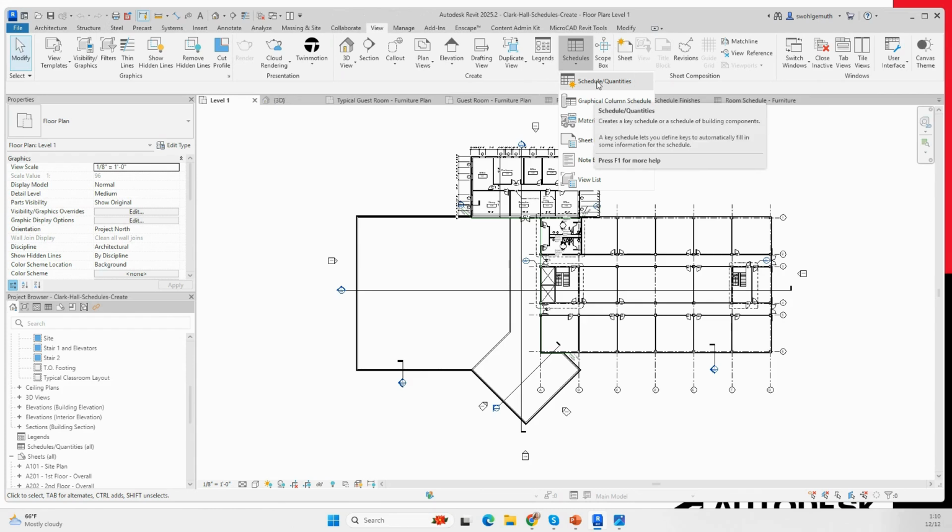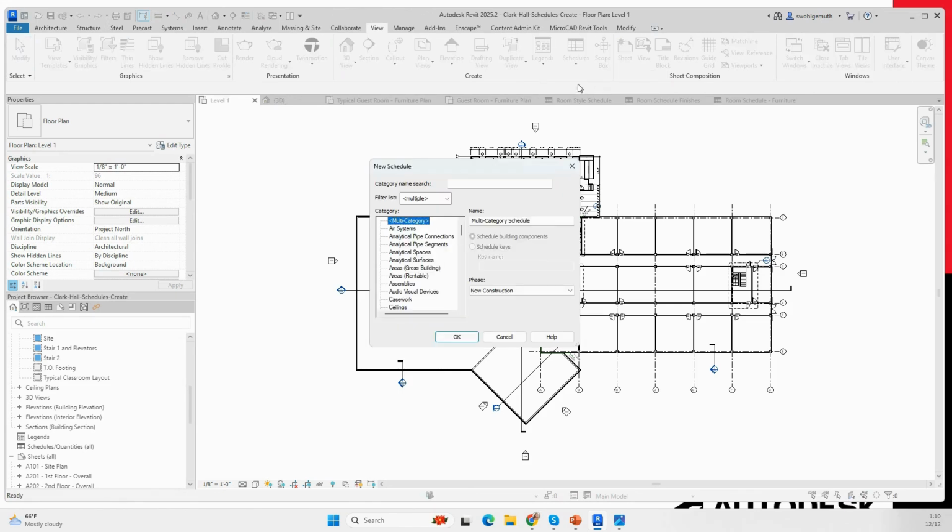In this webinar, I'm going to concentrate on different types of schedule quantities. Once you start this command, notice that Revit starts this new schedule dialog box. In this dialog box, first of all, you have a filter list that allows you to filter the categories that you're going to be seeing. Right now I have it just set to architecture and piping. And in this window here, you will see listed all the categories